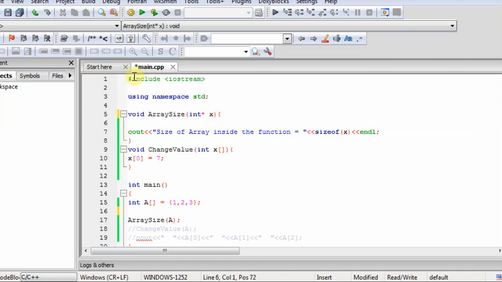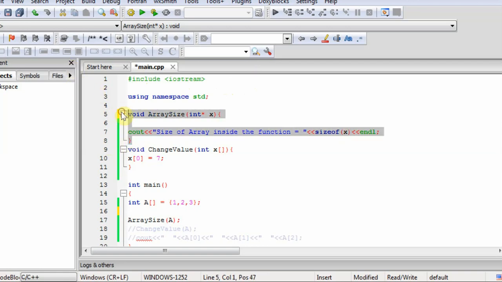We can also access the array by the address, so why should we pass the whole array? Only the address of the first element is passed here. That's why when I print the size of x here, it only gives us 4 bytes, which is the size of only the first element. I hope this is now clear to you.